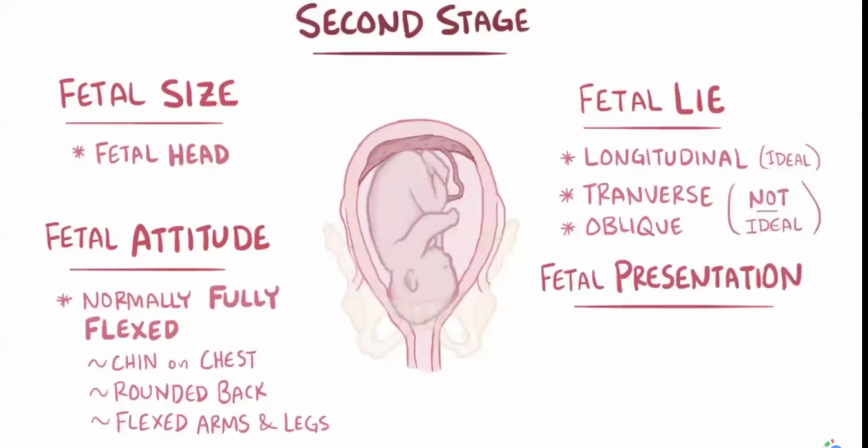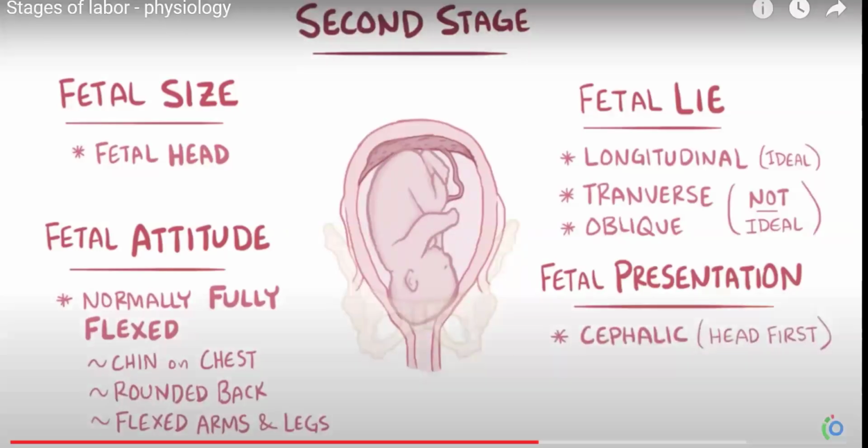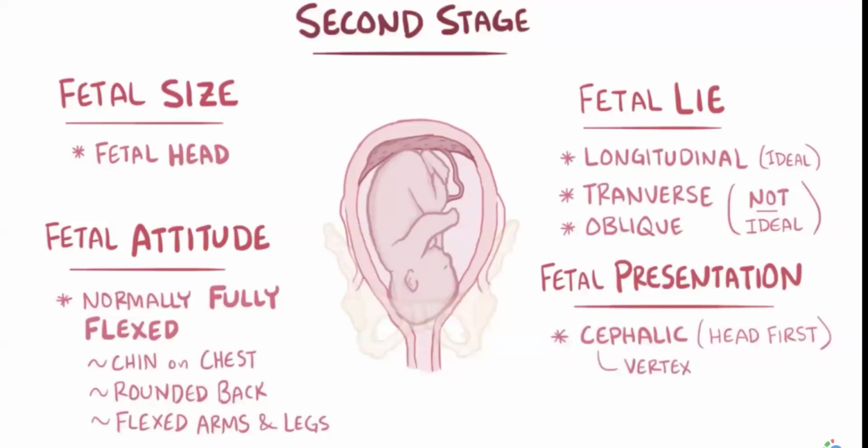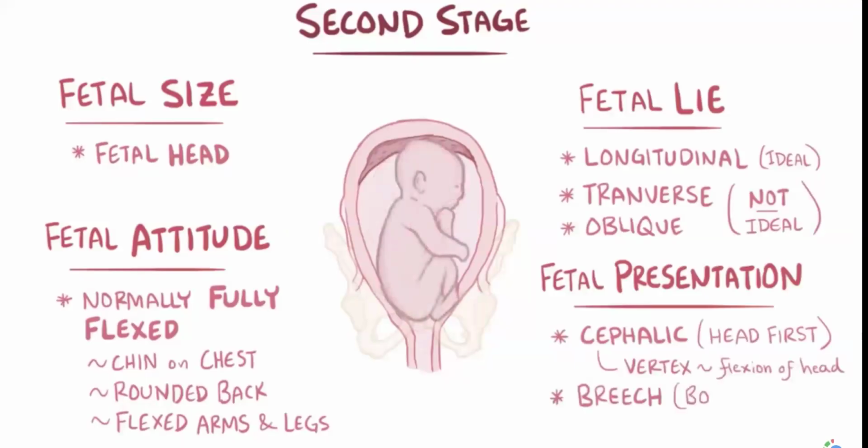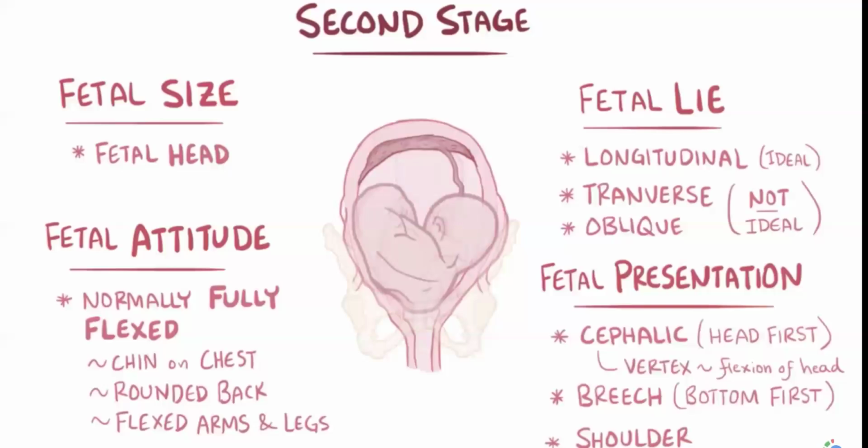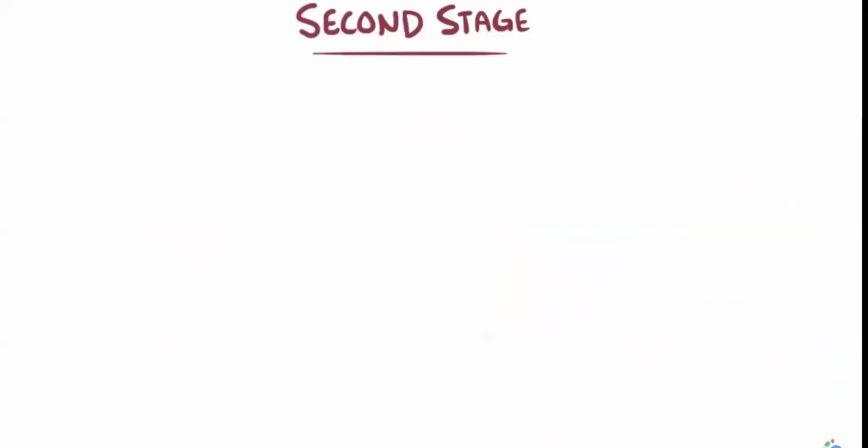Finally, there's fetal presentation, which refers to the first fetal part, called the presenting part, to descend into the pelvic inlet. Cephalic, or head first, is the first type, and furthermore, the most common and optimal presentation for easy delivery is a type of cephalic presentation called vertex, which includes complete flexion of the head as well. Also, there's breech presentation, which is head up, so the bottom, feet, or knees present first, as well as shoulder, where the shoulders present first.